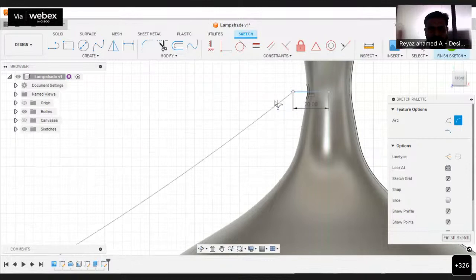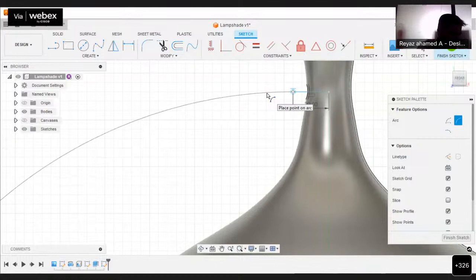See this point, I'm moving my cursor leftwards. I have to pick my third point. I'm going to pick the third point where the arc and that line are tangent. Let me click here. Now automatically the constraint is applied. After clicking, a symbol appears here. This is the tangent symbol. So this is the constraint. It is applied without using the icon, just by moving my mouse while drawing. We can apply some of the constraints like this.